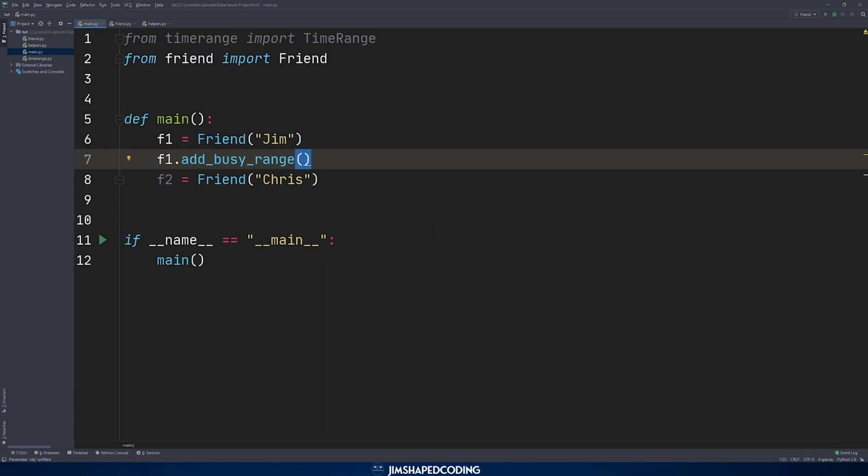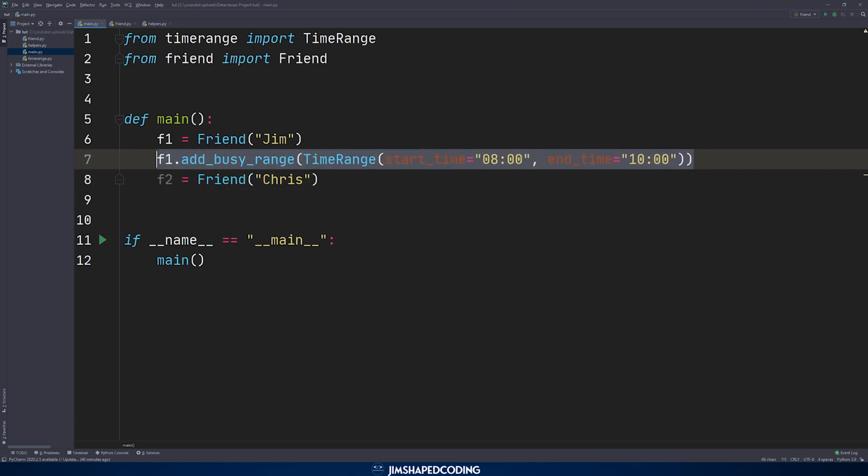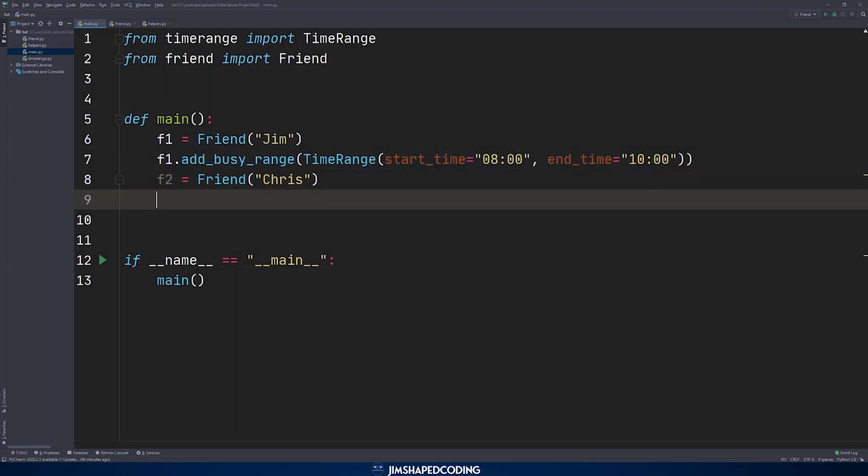Okay, so add busy range, it's going to be a time range object, and start time is going to be, let's give it 8 a.m., obviously inside double quotes, and the end time is going to be 10 a.m. like that. Okay, so now that we have done this for Jim, let's go ahead and do this for the second friend, right? I'm going to pretty much copy and paste this, but only change from, let's say, 10, let's use 12 to